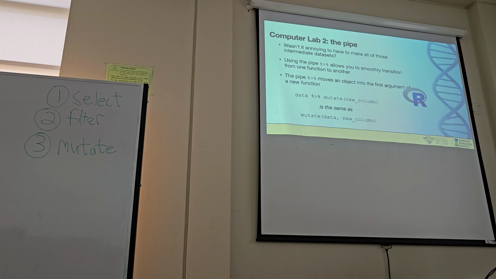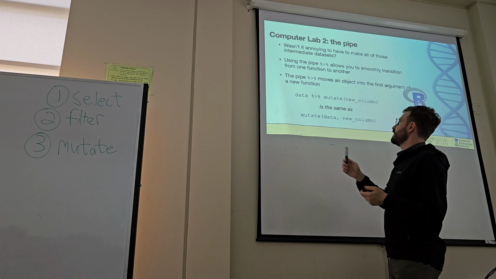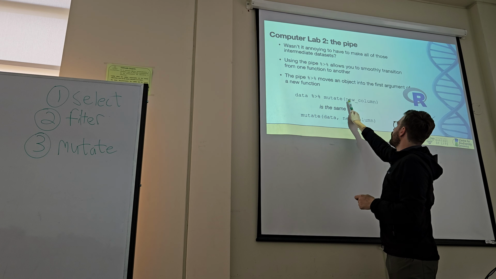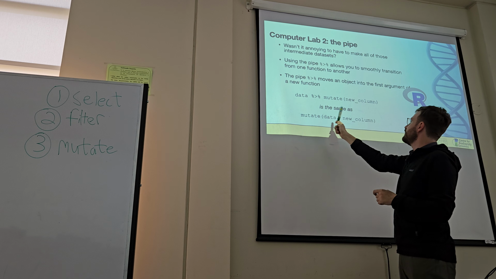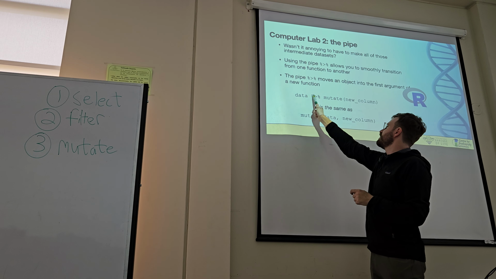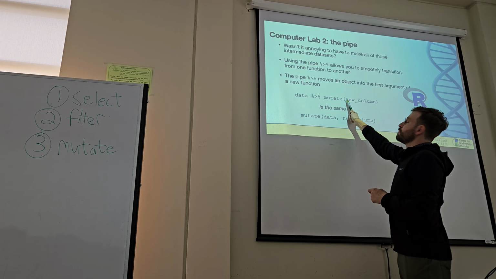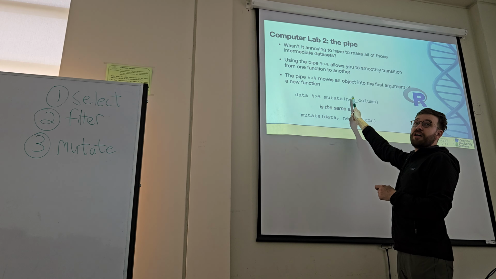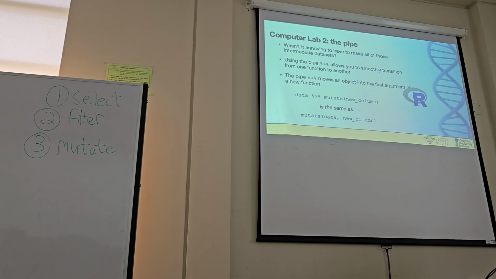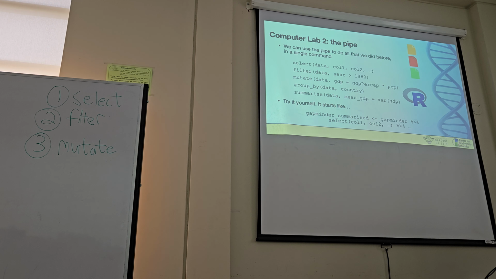Okay? And so what the pipe does is it just puts the data in automatically as the first argument. So in the old mutate, we did mutate, data, new column, but you can take the pipe, take data, and then it's implied that you're doing the thing on that data that you've piped in. Okay, so we'll work on this together. Let's see what I have in the next slide. Okay, and so we can